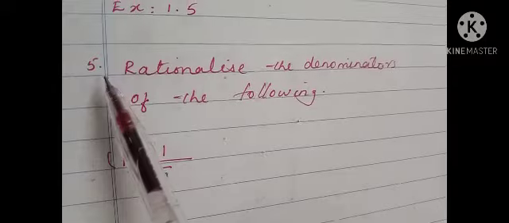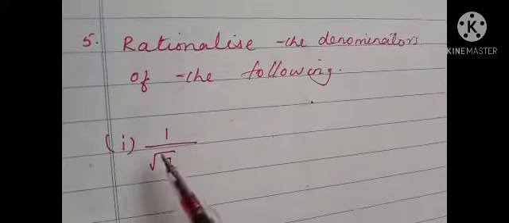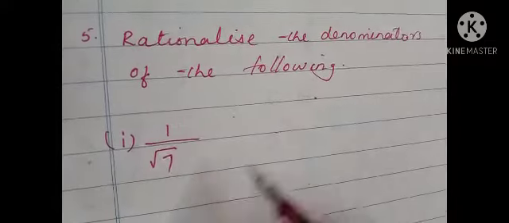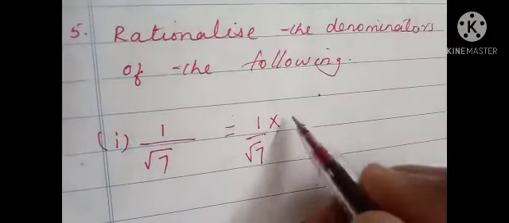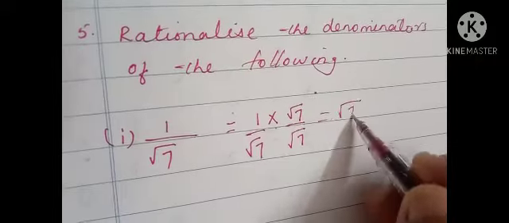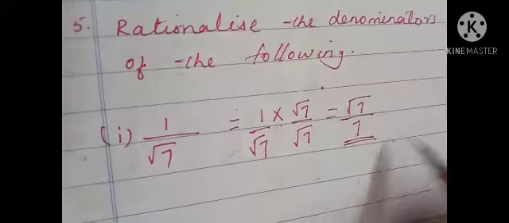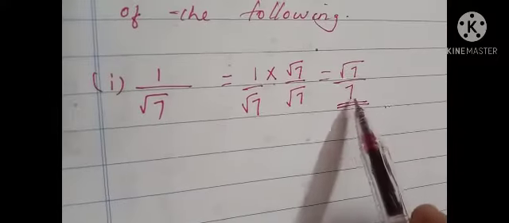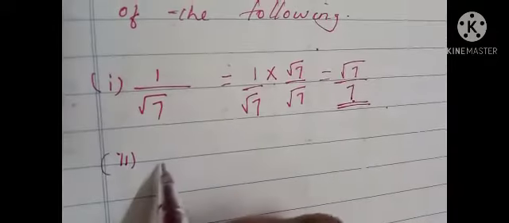Okay, then we have to discuss exercise questions. Exercise 1.5, question number 5. Rationalize the denominators of the following. First question, 1 by root 7. Here what will we do? We have to multiply both the numerator and denominator by root 7 itself. Now the numerator becomes root 7, the denominator becomes root 7 into root 7, which is 7. Now the denominator is a rational number, that is what we have to do. Then the second sub question is